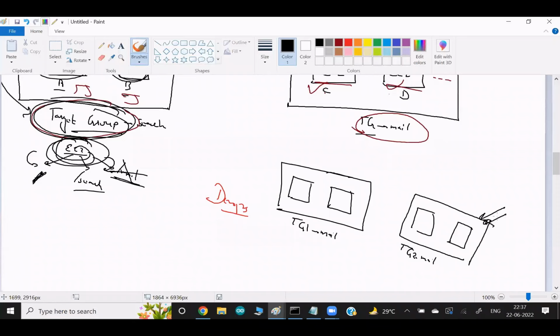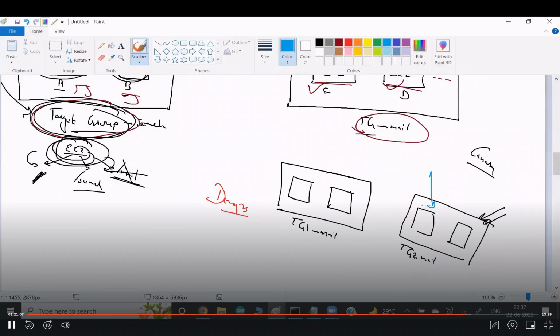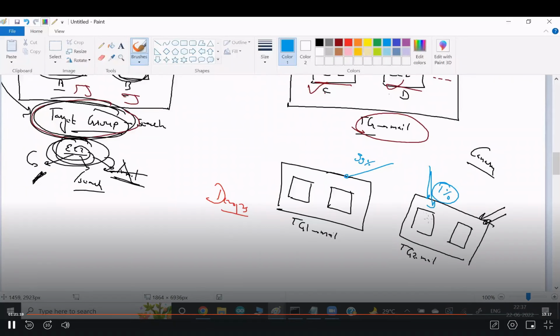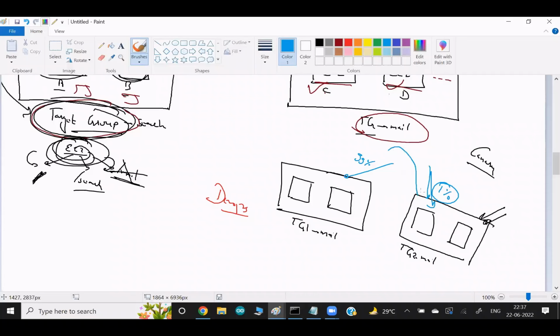So there are multiple different deployment strategies. One strategy would be canary deployment. Canary means some of the traffic you can send here, not all. Maybe you can say 1% traffic you can send here, and the remaining 99% you can send here. And based on the feedback from that traffic, you can further plan to send all 100% traffic